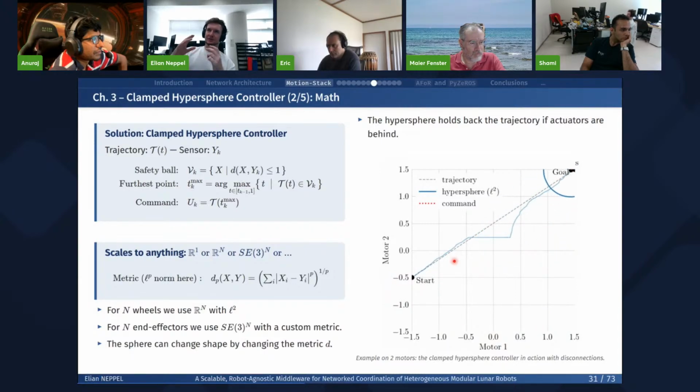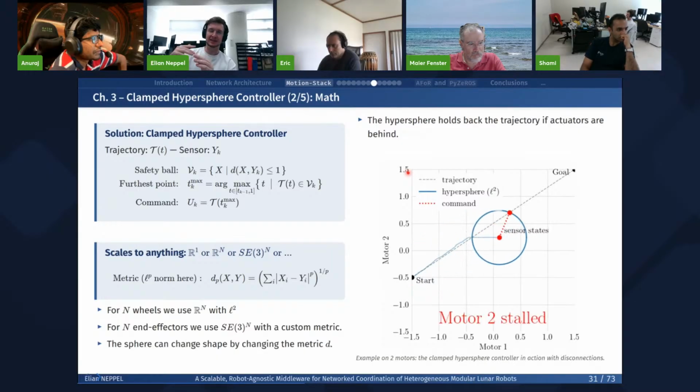And we take the furthest point that is on the trajectory and also at the same time inside of the safety ball. So this will be the intersection of the trajectory we want to perform and of this hypersphere around our sensor. This intersection will then become the next command that we send to our entire robot fleet.